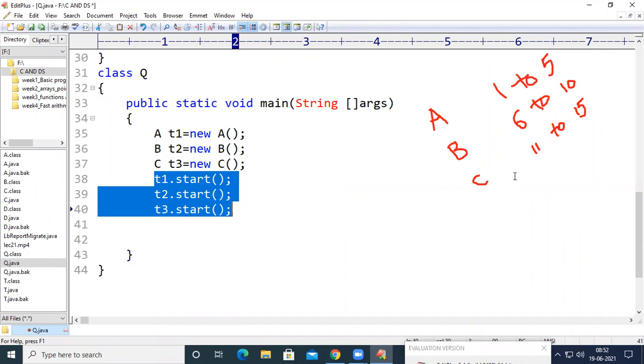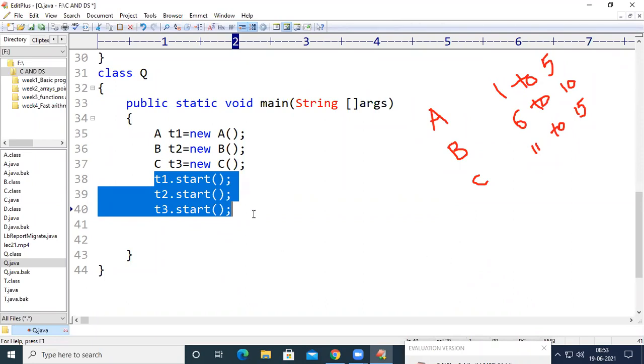And if the same CPU is following the round robin algorithm, it will consider all the threads which are in the ready state, and the CPU is going to give some time for thread 1, some time for thread 2, some time for thread 3. After that, it is going to give some time for T2, T1, T3, etc. So it will execute all the threads simultaneously. If that is done, it may print 1, 2, 6, 7, 11, 12, 3, 4, 8, 9, 13, 14. So we cannot expect the output.